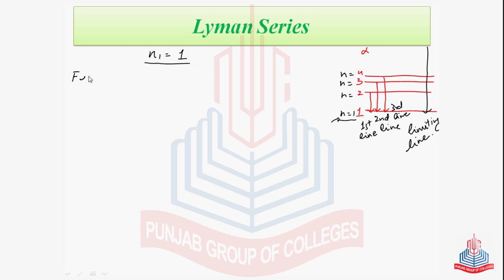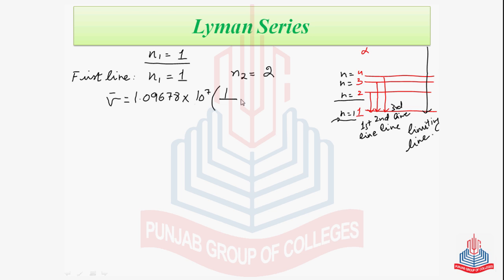For the calculation of the first line, ये बात अब हमें समझ आ गई that in this case the lower level N1 will be 1 and the higher level, that is N2, will be equal to 2. This one is the higher level. For the calculation, we know that the wave number is equal to the Rydberg constant 1.09678 into 10 raised to the power 7